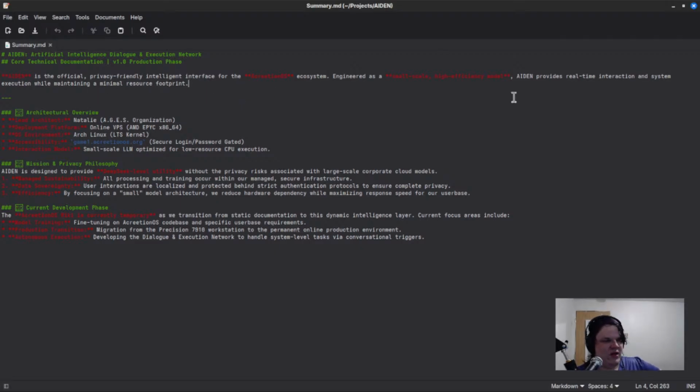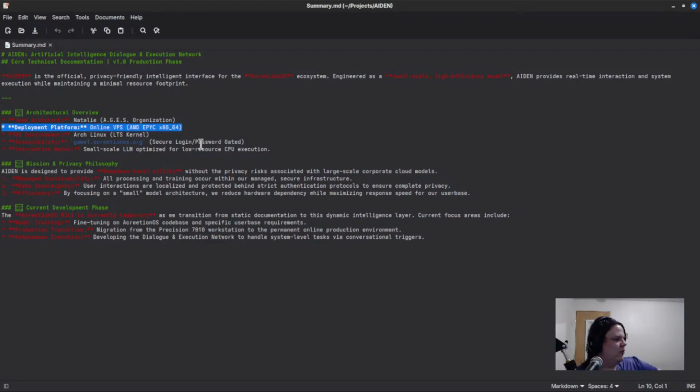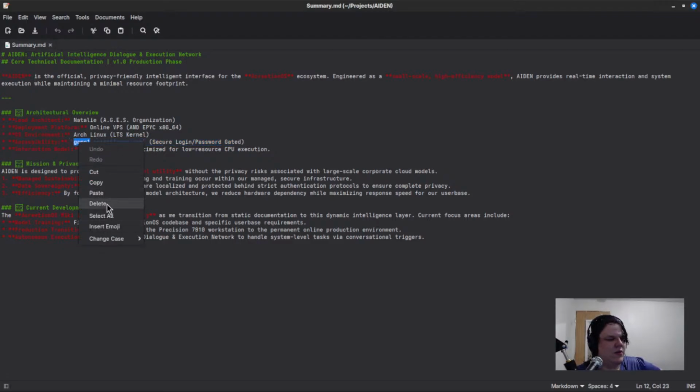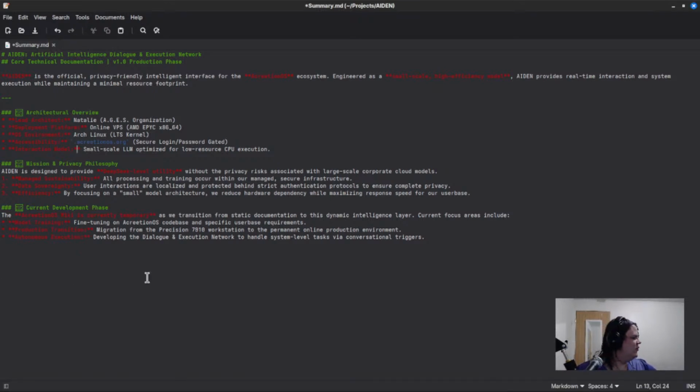It's going to have a system interface. Every time you launch it, you're gonna have to put in your credentials so that some random person can't take over your system. This is me, that's all. Then you have the deployment platform, which is just an online VPS for us that tells you the CPUs they use. Again, using Arch, but it's using an LTS kernel. Hit escape for that. This is not actually the correct domain. This is actually supposed to be iso.accretionos.org. Oh, it's F11. Okay, cool.